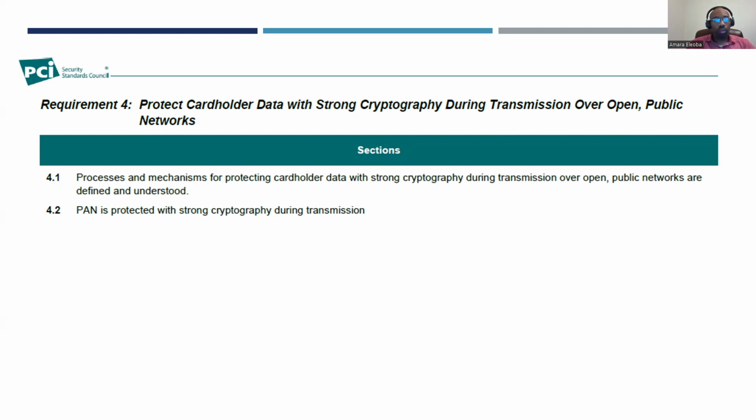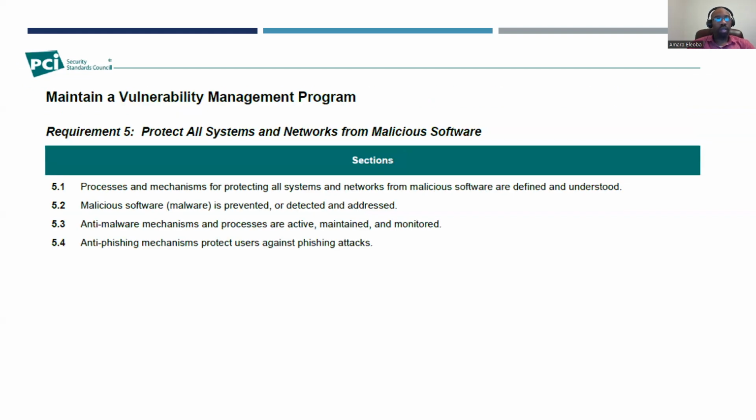Then 4.2 talks about the PAN. We want to make sure that it is protected with strong cryptography over transmission. Requirement 5. Now, requirement 5, if you see, is addressing maintaining a vulnerability management program. So requirement 5 and 6 are about maintaining a vulnerability management program. Requirement 5 here is about protecting all system networks